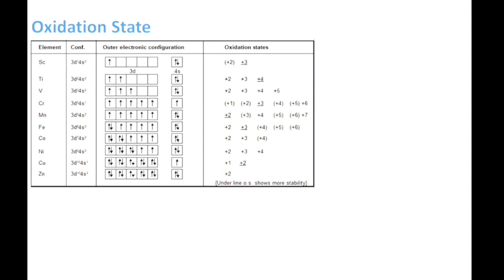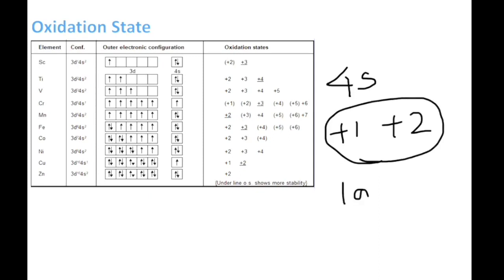In the formation of an ionic bond, the ionic bond is mainly due to the number of electrons lost to form a cation. As they have one or two electrons in the 4s orbitals, they have a tendency to lose either one electron or two electrons. So they can show +1 state and +2 state. This is mainly due to formation of ionic linkage.